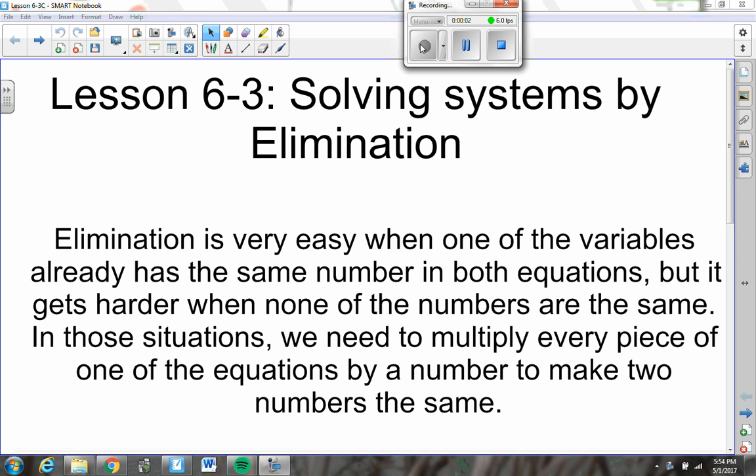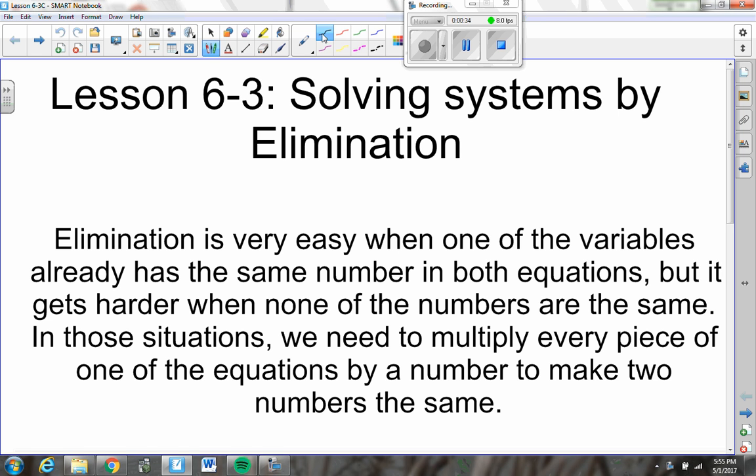All right, Algebra 1A students, welcome to part 3 of our lesson 6.3 on solving systems of equations by elimination. In our last two videos, we've been looking at solving systems with the elimination method, where we have been adding or subtracting two equations together to eliminate one of our variables. In this video, we're going to do the same process, but we are going to add one extra step to